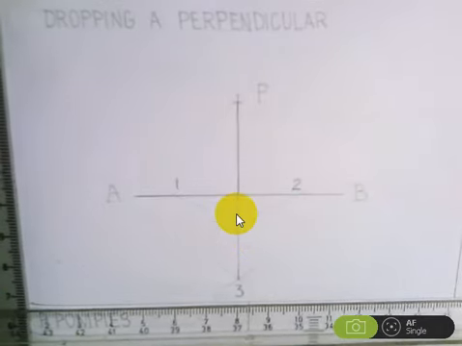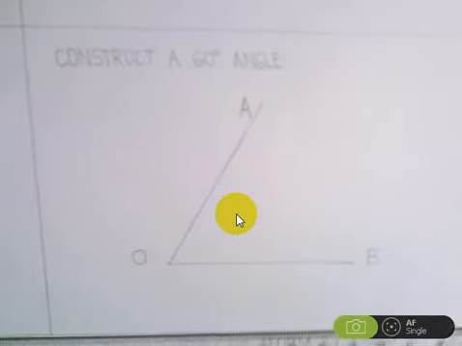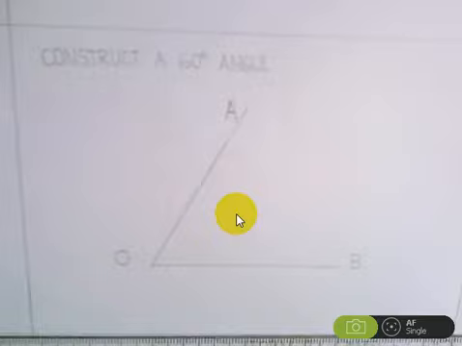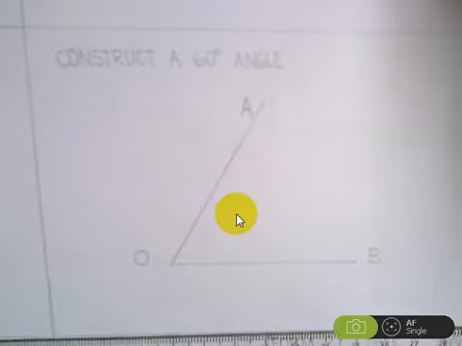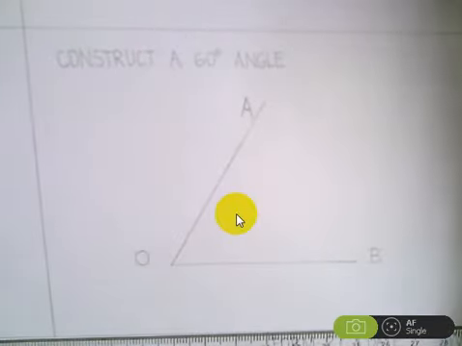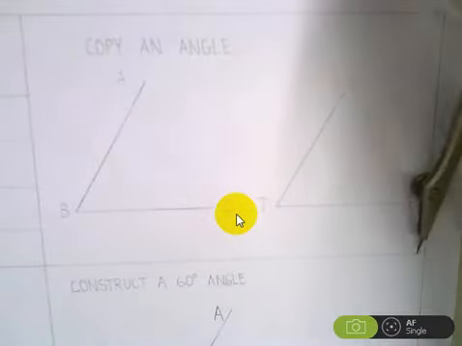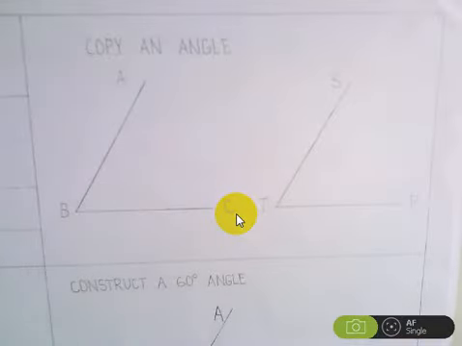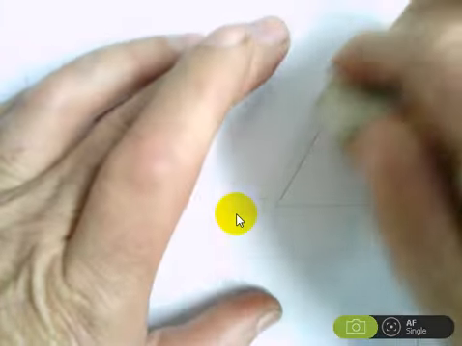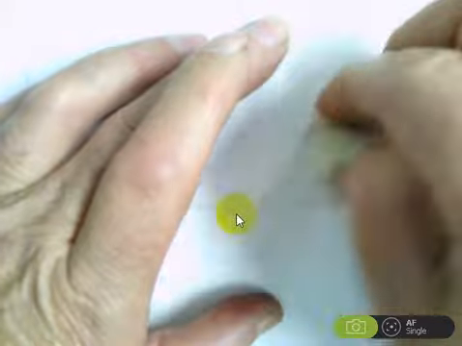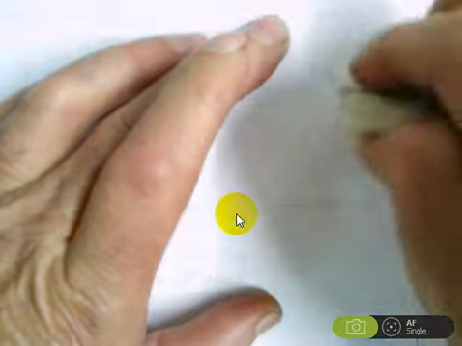What I want to go on to now is copy an angle. It's not part of the syllabus, but I think it is a very handy construction to know. In this case, I give you the angle. Let me just erase this to show you that it will actually give me the